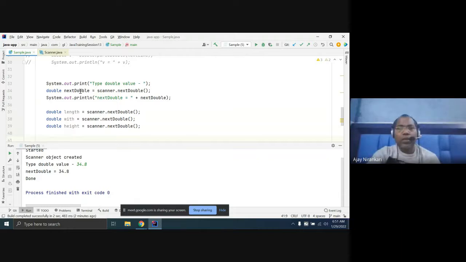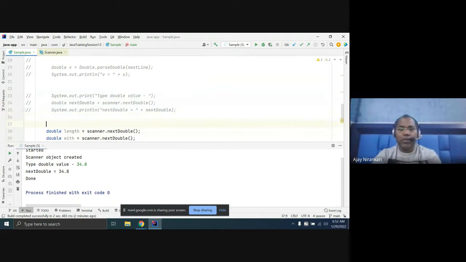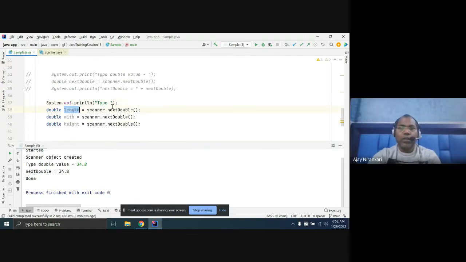Here, let's comment out all the things. Here you mention a message, like type length with height.